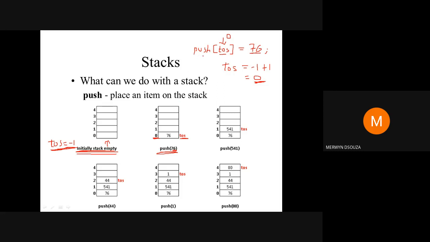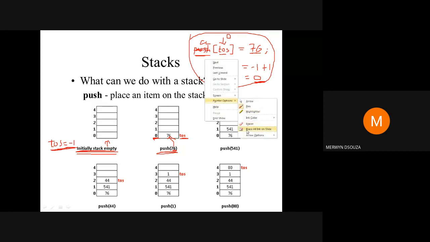Okay, in this array, whatever the name of the array. Right now I'm calling the array as push only. Whatever is the name of the array, actually will be specifying here. If the array name is A, then you're not going to write push, you're going to write A actually. Okay, so in A of 0, that is here, you're going to push this value 76. So that is how it works. Okay, so when we are doing the program, this part I will be showing you. So if you can note it down in your book, it's good. If you don't want to note it down also, again we will be doing it in the program.